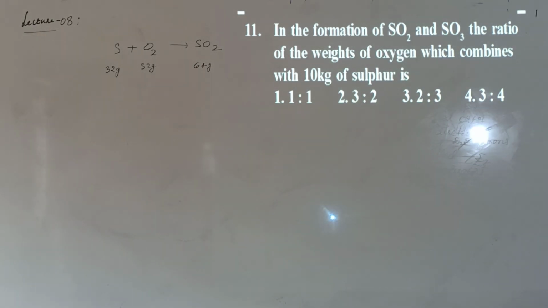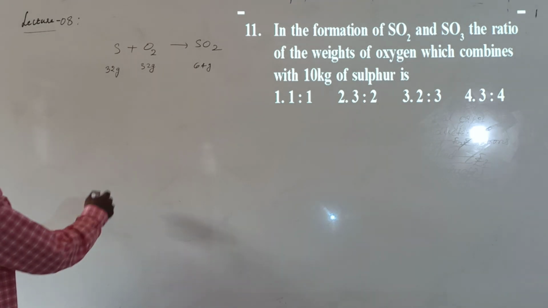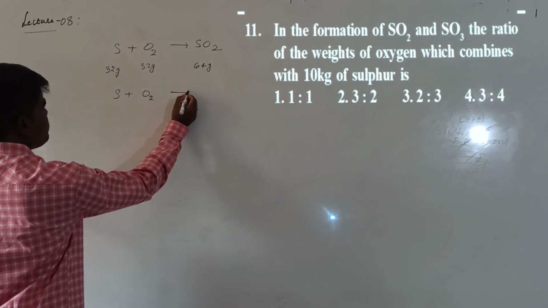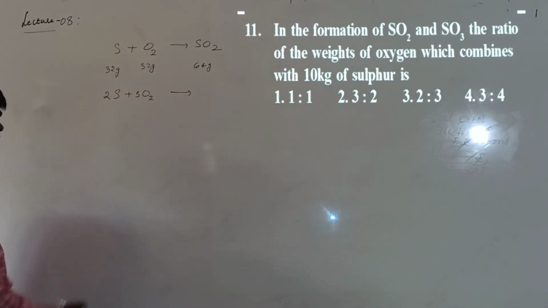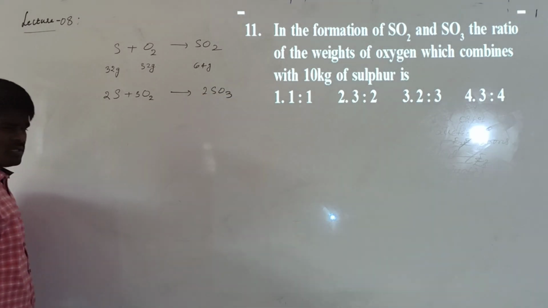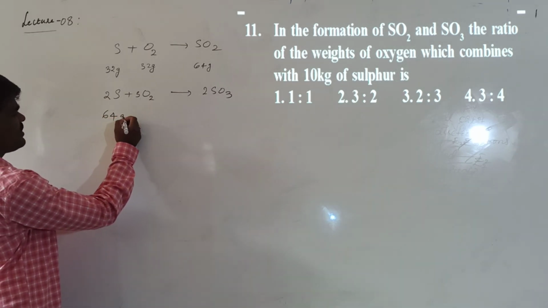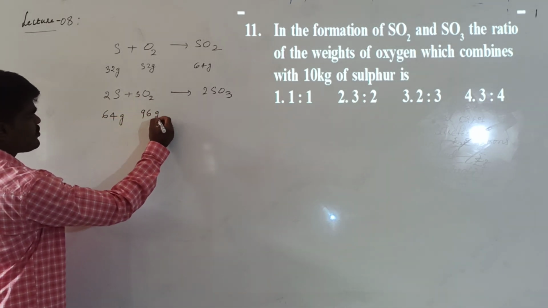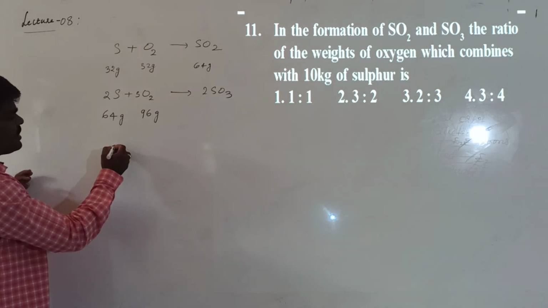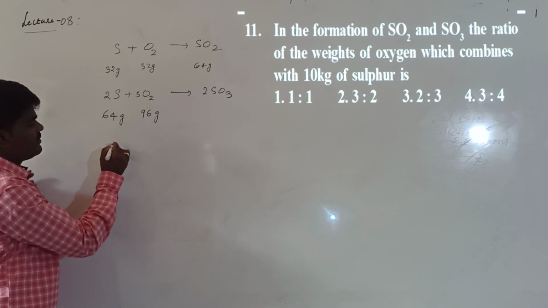That means they are combining in 1:1 ratio. In a similar manner, if you want to get sulfur trioxide, take 2 moles of sulfur and 3 moles of oxygen. It gives 2 moles of sulfur trioxide. That means here 64 grams of sulfur is combining with 96 grams of oxygen. Now, when you are talking about the weight ratio of oxygen which combines with 10 kg of sulfur, basically from this, what we can say, 10 kg of sulfur